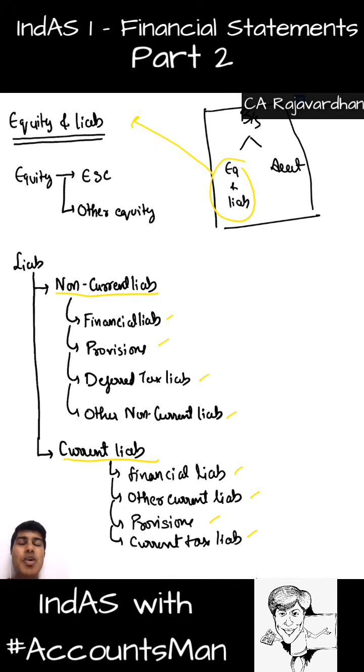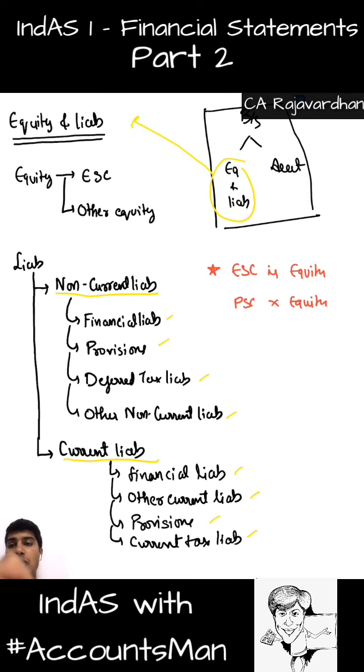I will not waste time asking you to mug up the format. Instead, I will focus on a couple of important items. So the first important point that you need to note here is, previously under accounting standards, we used to treat equity share capital and preference share capital as equity. So this was under accounting standards. Right now when we go to Ind AS, this is changing. We will call only equity share capital as equity. So under Ind AS, equity share capital is equity. Preference share capital is not equity.